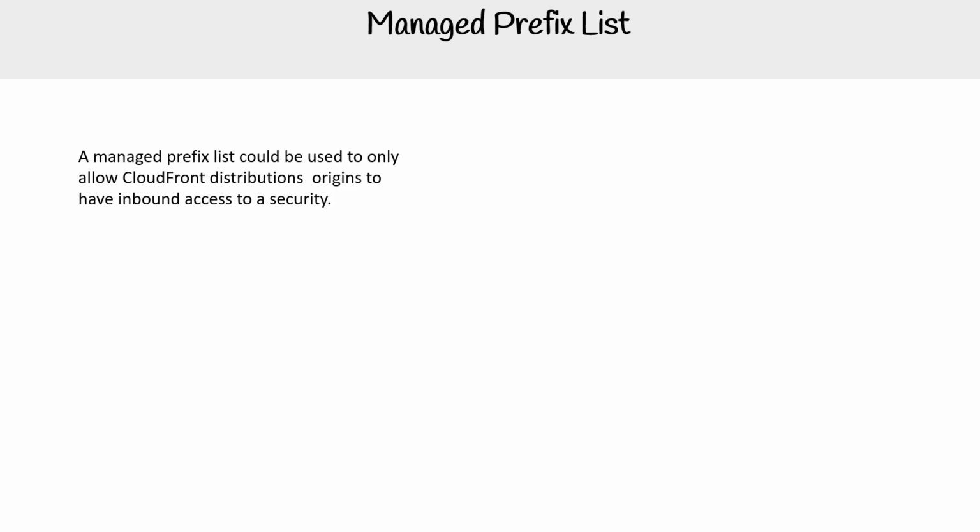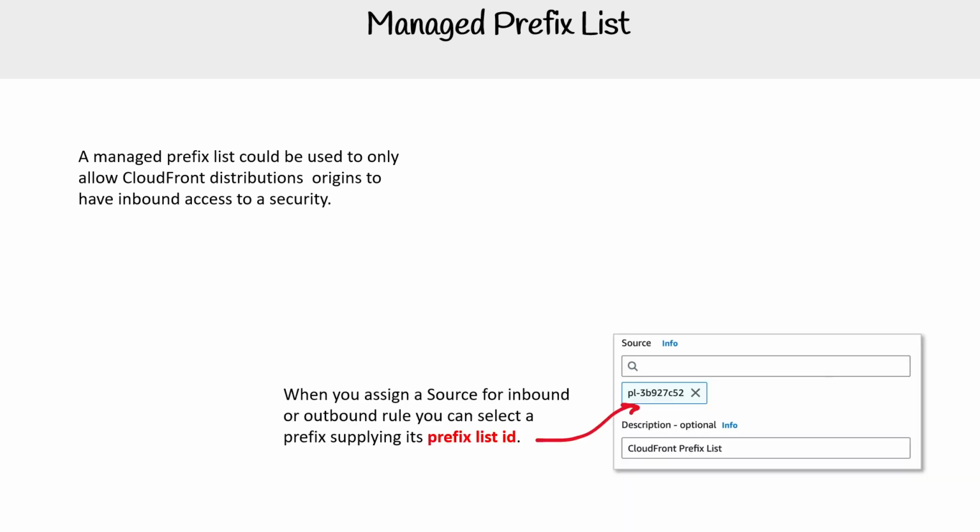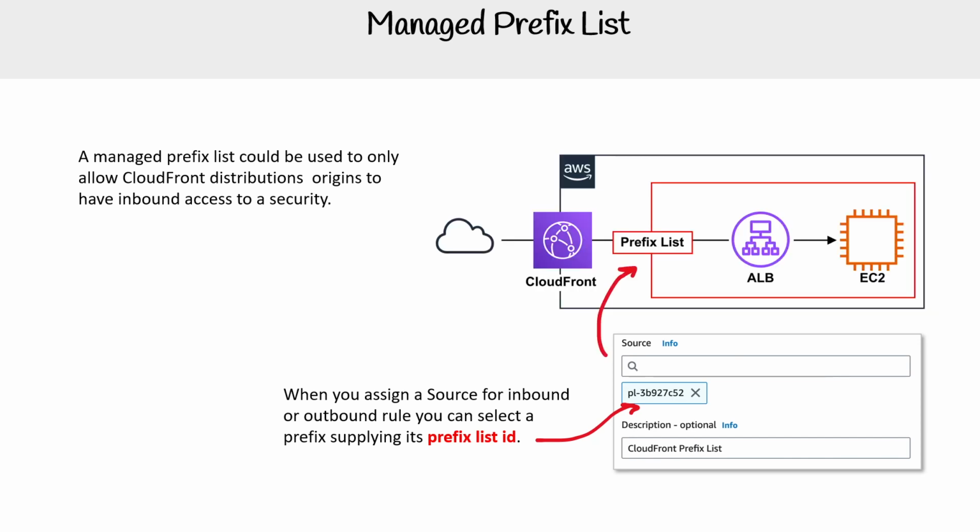A managed prefix list could be used to only allow CloudFront distribution origins to have inbound access to a security group. So the idea here is that when you assign a source for an inbound or outbound rule, you can select a prefix by supplying its prefix list ID to specify the managed prefix list. And then only CloudFront is going to be able to traverse that security group